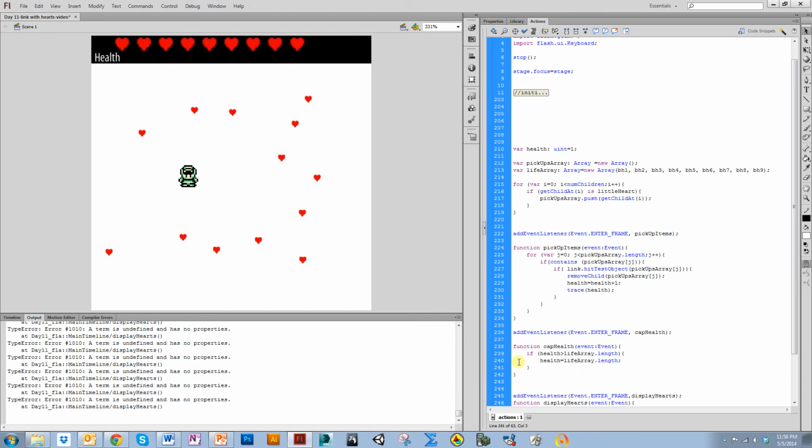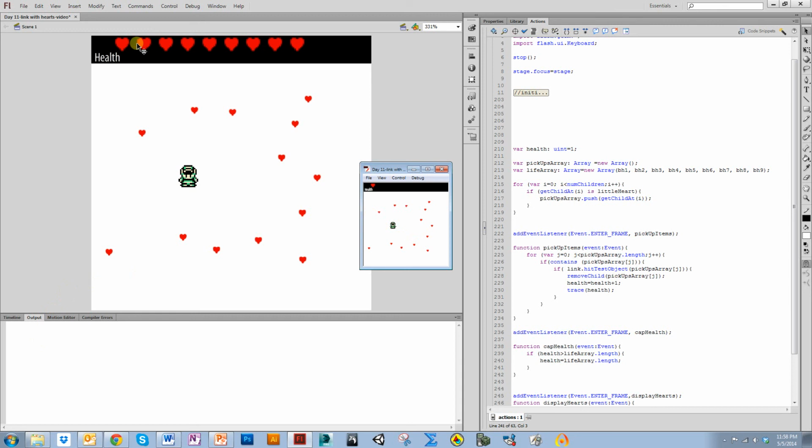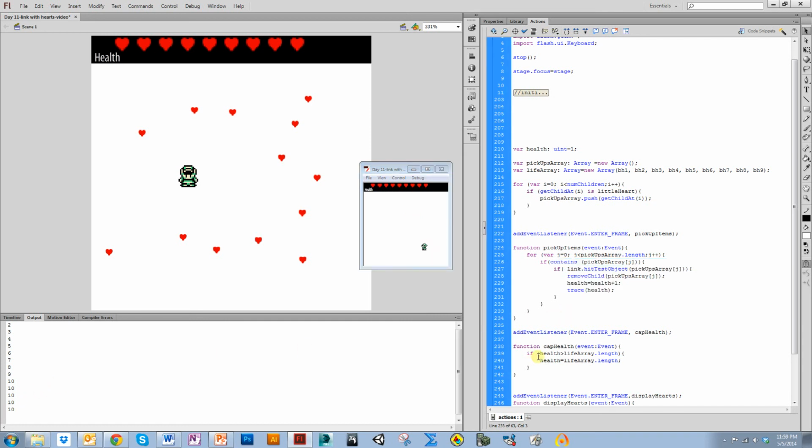Now initially when I run it, it's going to actually look kind of funny, the things that are being traced out. So the highest my health should be able to get to is 9. And you can see it down here. 8, 9, 10. And then it looks like it's stopping at 10. The reason this is happening is because we have a trace statement in this function, and the one that caps it isn't run yet. So if you were to delete it from there and put it in here,